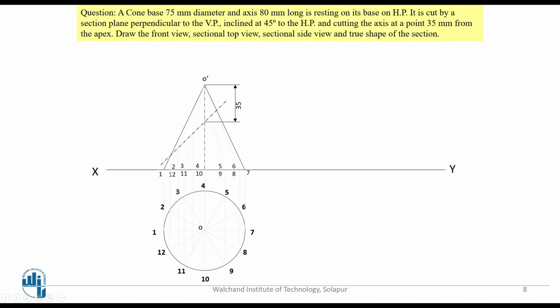Now the important thing is that these are all generators. These are not edges. These are only thin lines, and we are going to use those lines for reference. Here, O1 is one generator. The end generator you are going to make dark. The rest of all the generators are thin lines.